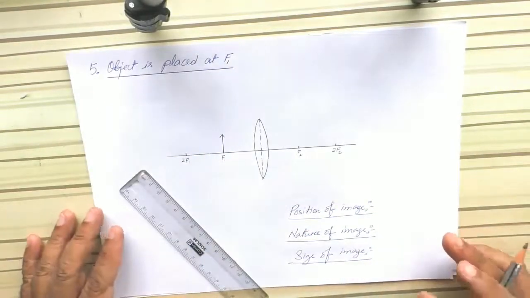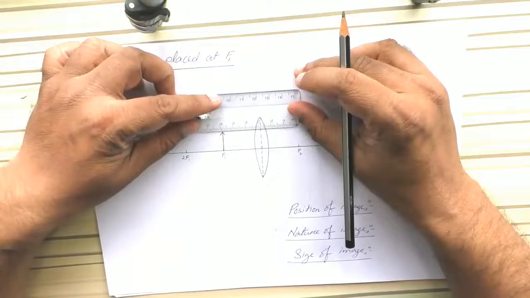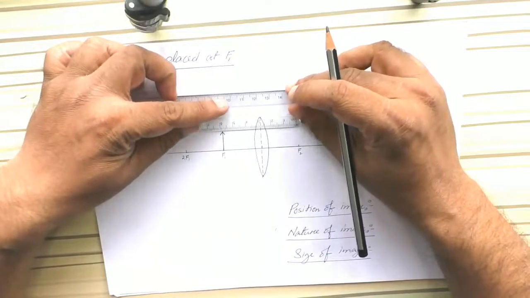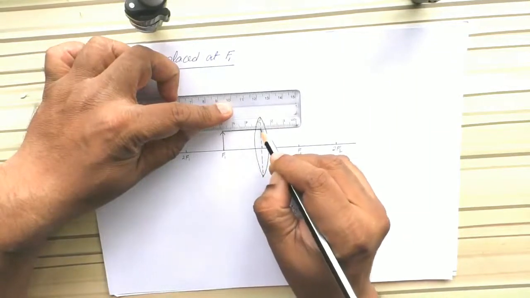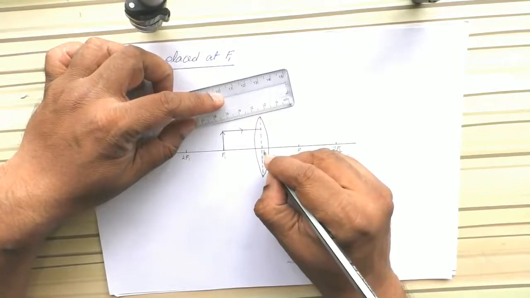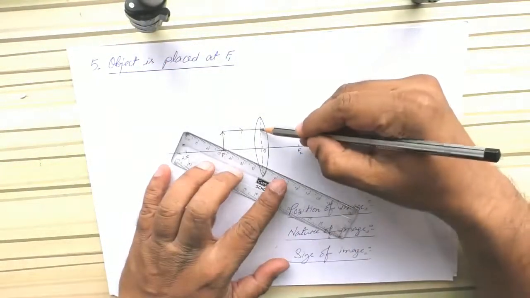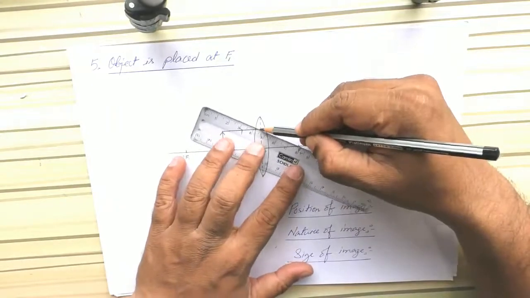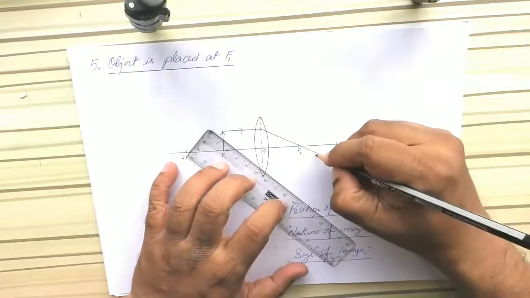So the object is placed at focus. For formation of image, a ray of light is considered parallel to the principal axis. This is the optical center. And if a ray of light is incident parallel to the principal axis, after refraction this light ray passes through focus,